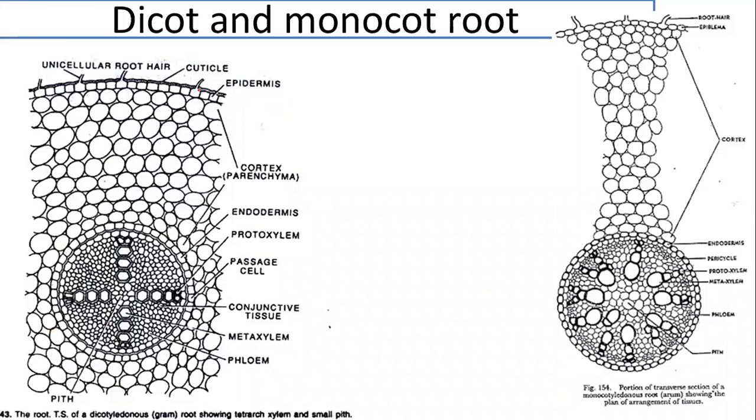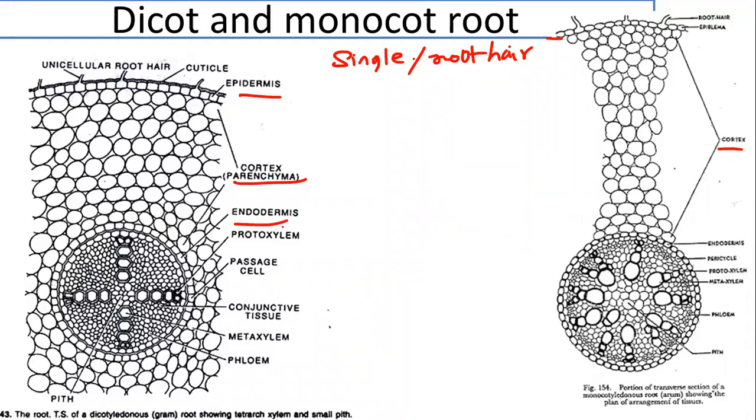Okay, so here, first epidermis. Epidermis is present in both monocot and dicot. Both are single layer, and both will be having root hairs. So that is one similarity which you can see among dicot and monocot root. Next one, cortex. You can see the cortex is made up of parenchyma. Here also the cortex is there, which is parenchymatous. Again, both are similar.